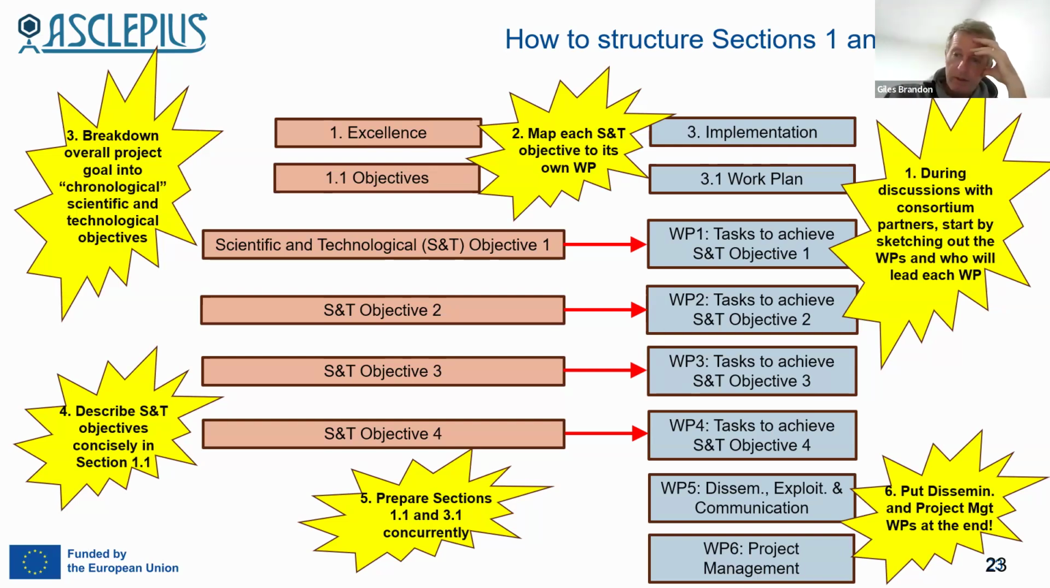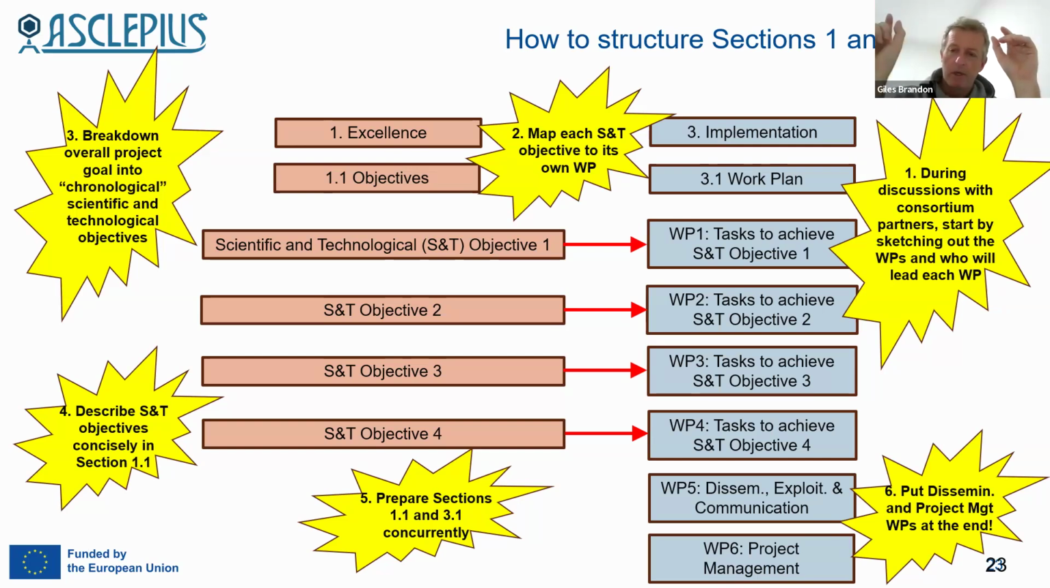Naturally, a partner will come. It'll become evident that a partner is the right person, the right organization to be a leader for that work package. That's great. Do those discussions, identify these work packages, have the work packages going in a roughly chronological order as much as possible. Then say to each of those work package